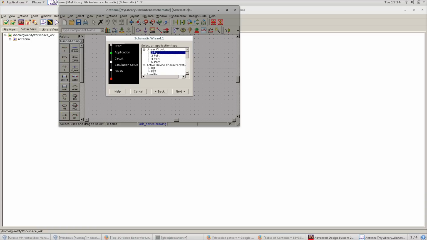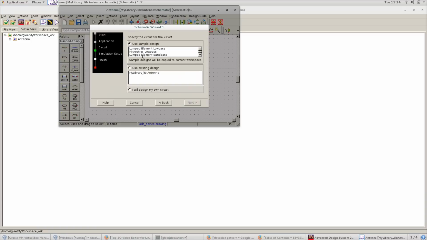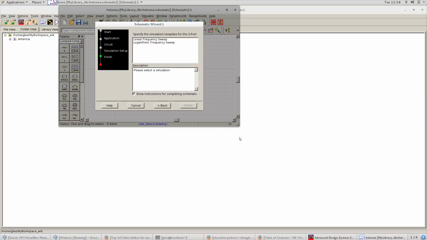But for our purpose, I'm just going to go 2-port simulator and go Next. Instead of using the sample design or an existing design, I'm going to say I'll design my own circuit, because in this case we're going to be taking measurements and then putting that into the environment. Alright, so I'm going to go with linear frequency sweep. That's pretty standard. And you'll notice that it's telling me that it's going to be an S parameter versus linear